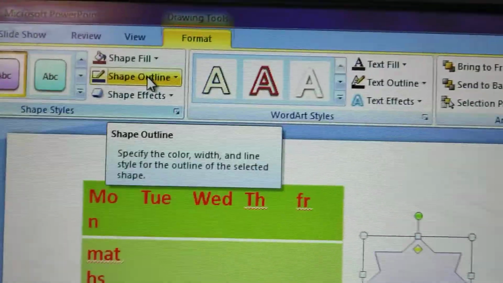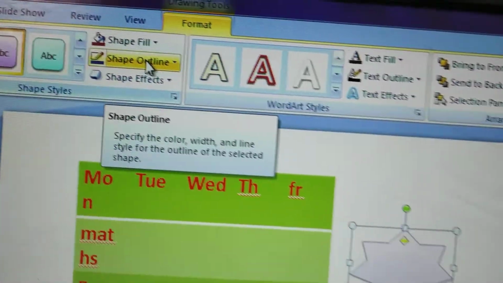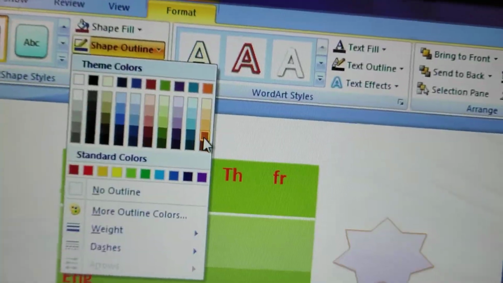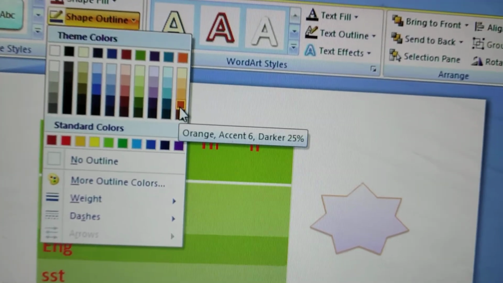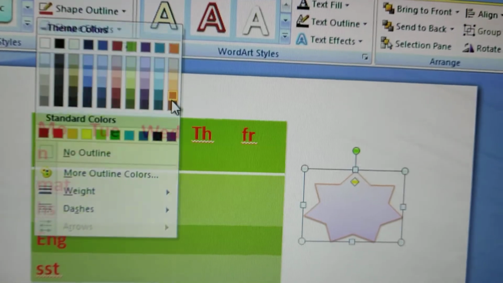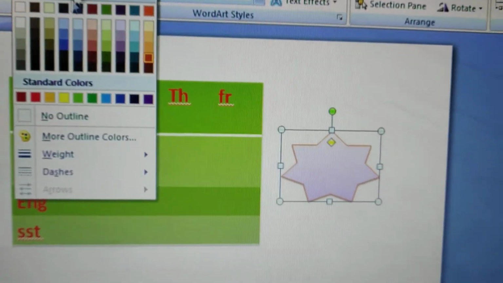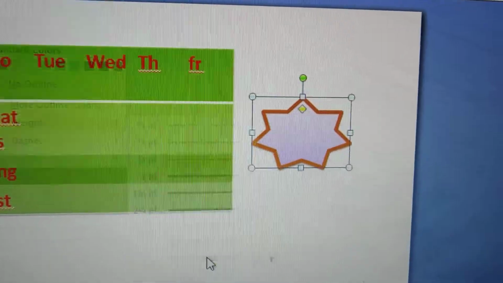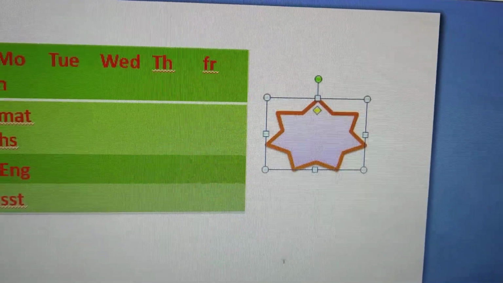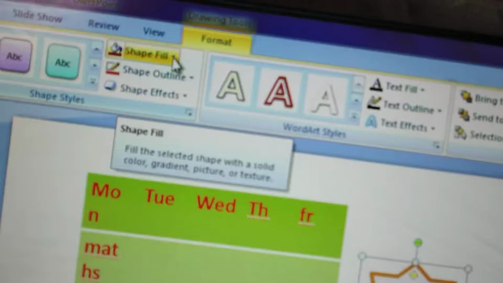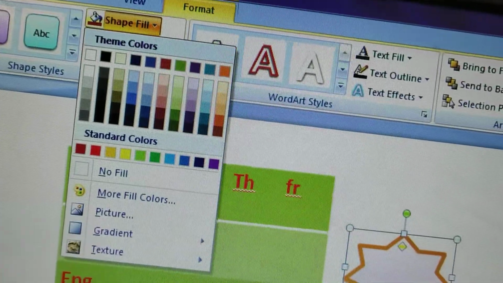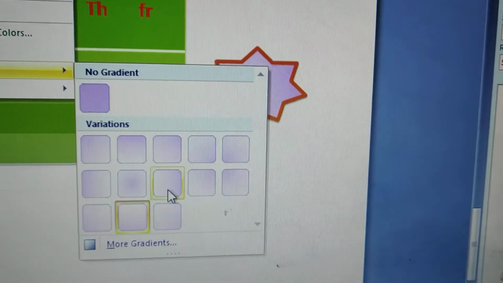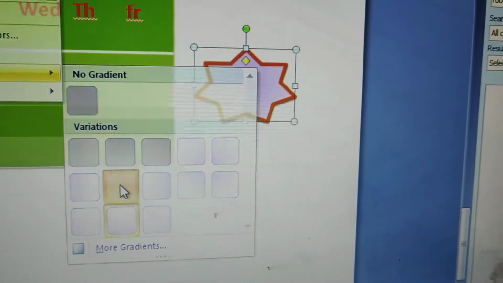Now I want to change the outline border, outline color, then here shape outline is there, whichever border color you want to change, you can change it. If you want to change the border thickness, then you can change the border's thickness also. If you want to change the fill color, then here shape fill, click on that shape fill, you can go to the gradient and here whichever shade you want you can take it.